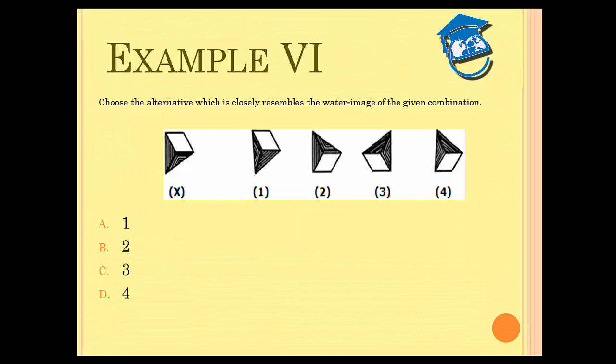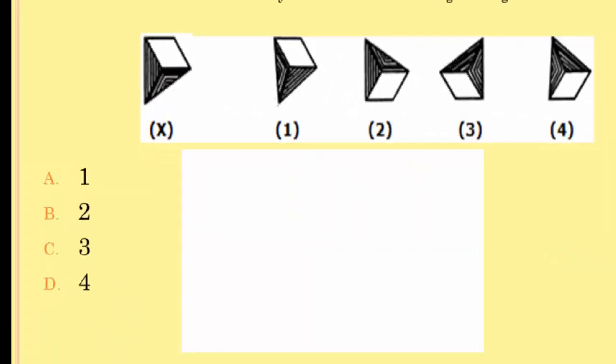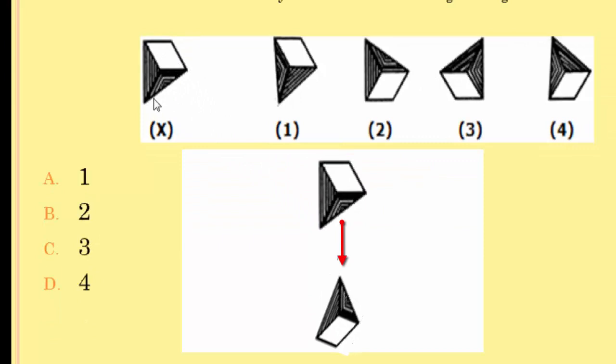Now, in front of us on the screen, we have an image. So the image X shows us a triangle on the left hand side with vertical stripes, a triangle at the bottom with convex stripes and a parallelogram on top. So of course in the water image I have to drop it down 180 degrees. Okay, so this point at the bottom left will go to the top left, because the image will still be in the same direction.